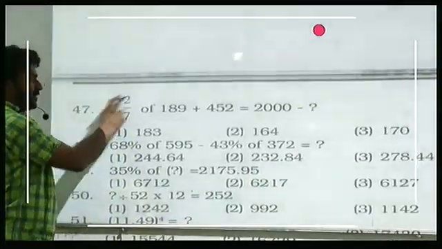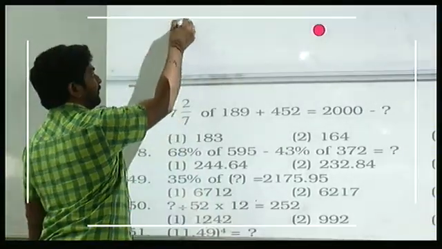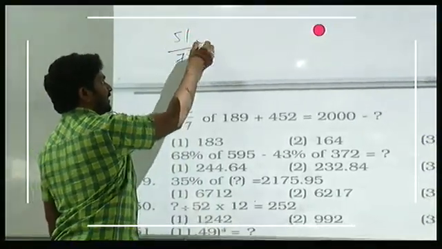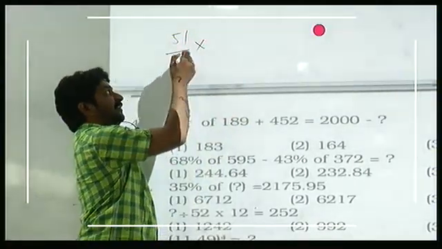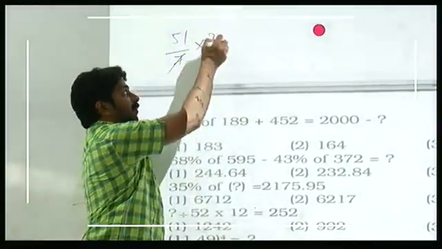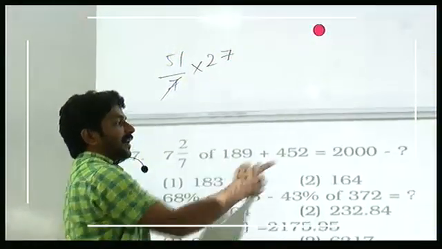Seven 2 by 7. How much is this? 51 by 7. Cancellation with 7 with this number. 189 cancellation with 7. 7 gets cancelled. 2 times 14 and then 7 times. And then you already have